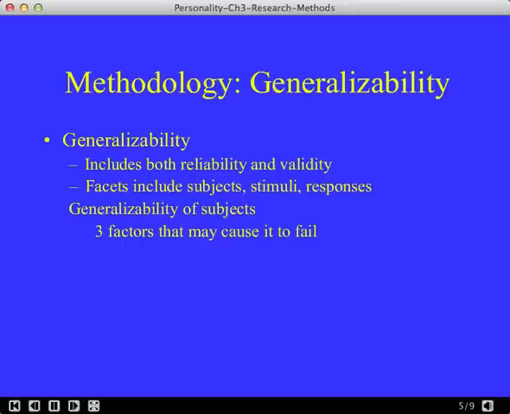A second factor that may cause generalizability to fail is the cohort effect, the tendency of a group of people who lived at a specific time in history to differ from people who lived earlier or later. Personality is influenced by the historical period in which one lives, so that people who lived through wars and depressions may have distinct differences from those who lived in peace and economic privilege. Research results may be limited historically. They may apply only to the groups tested and not to people in general. The results may tell us little about what people were like during other decades or centuries.